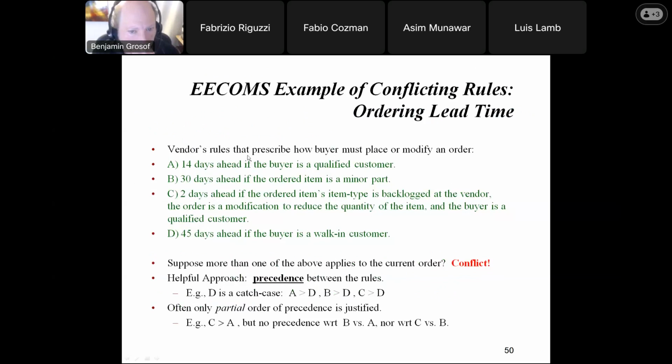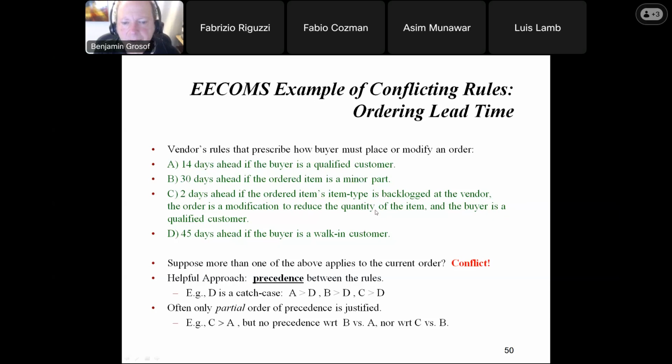So they may have rules that prescribe how a buyer must place or modify an order, and they communicate those to the buyer as well as using them internally within the vendor. Say that if the buyer is qualified, it's already been checked out as a customer and vetted to a certain extent, then their lead time is 14 days ahead. But if the ordered item is a minor part, they don't want to deal with taking it that quickly, and so it's 30 days ahead. 2 days ahead if the ordered item is backlogged at the vendor, and the order is